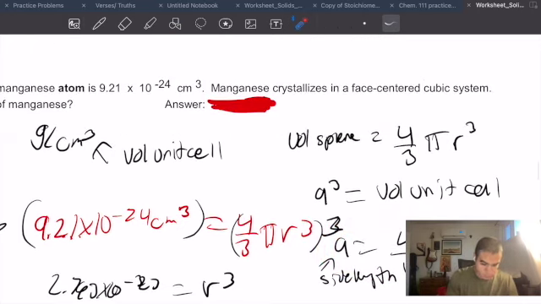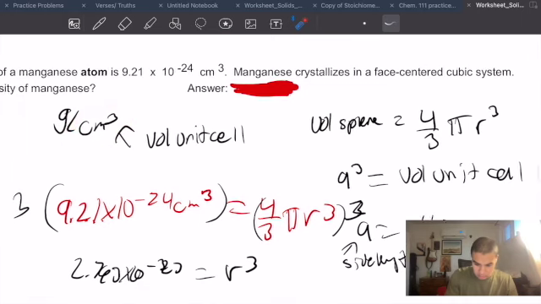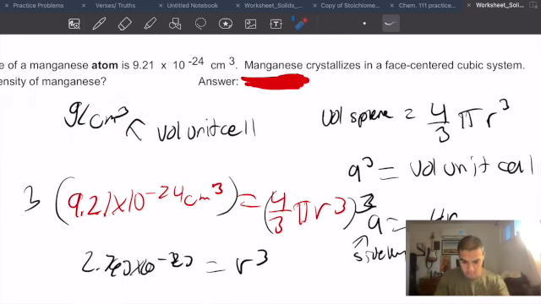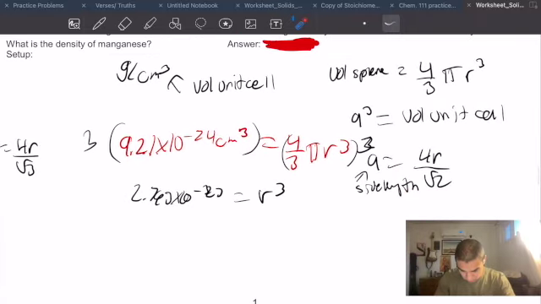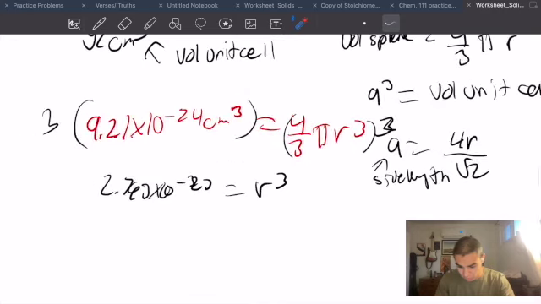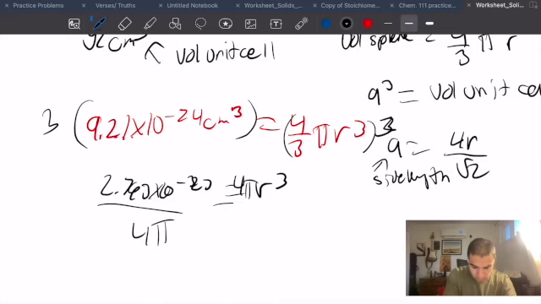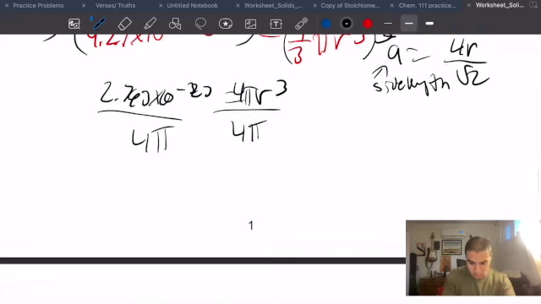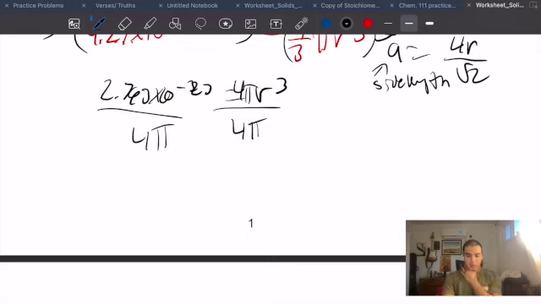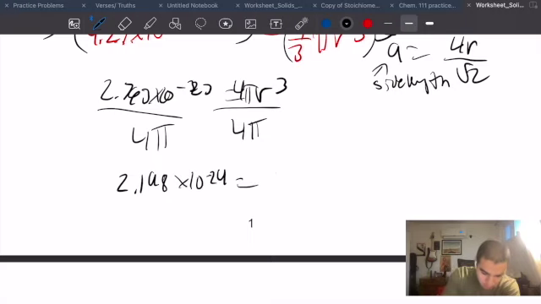Because ultimately, to get this part, we're going to need the volume of the unit cell. And the grams, we'll do that after, but for now, we're solving for r. So I'm going to divide both sides by 4 pi. 4.1 and 8 times 10 to the negative 24 equals r cubed. Cube root both sides,